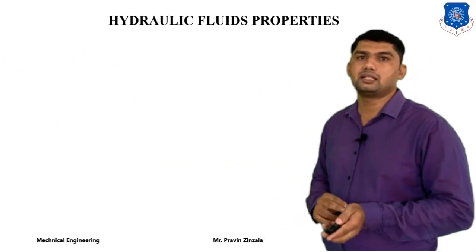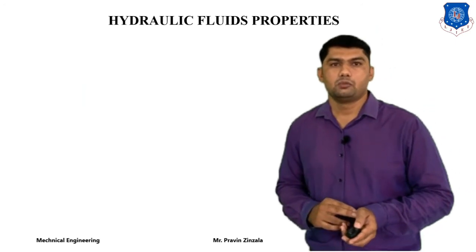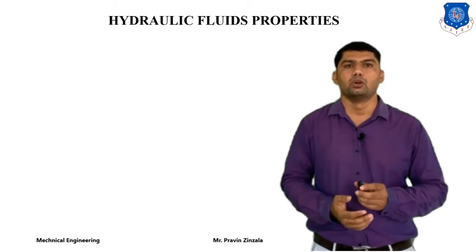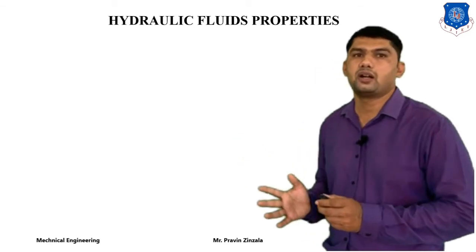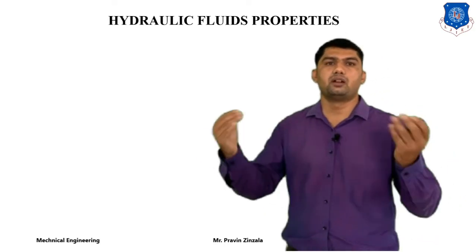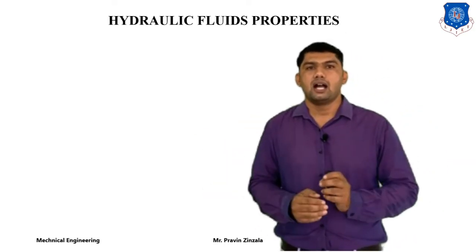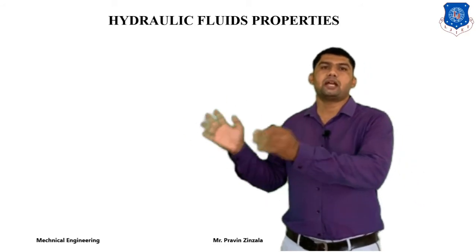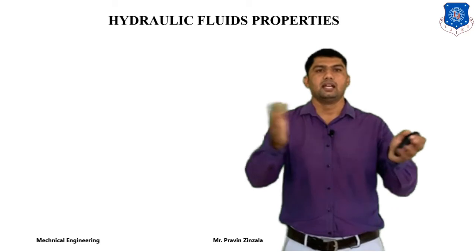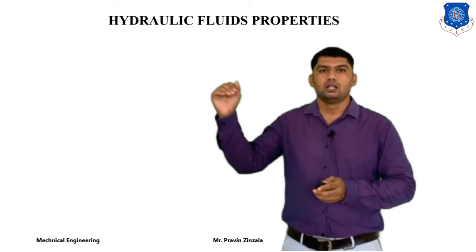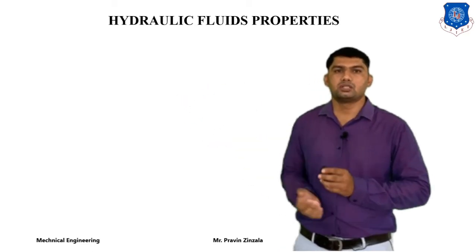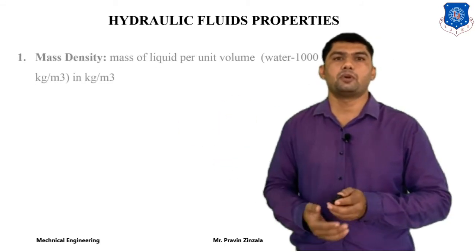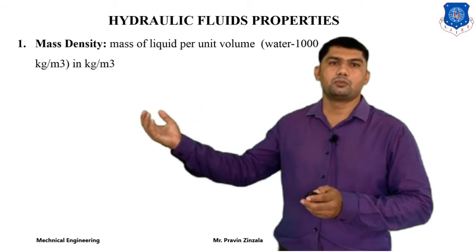Now we will discuss the hydraulic fluid properties, because in a hydraulic system oil is used as the hydraulic fluid, and we require different properties for different operations and applications. If we are using a hydraulic system in India or in a foreign country, we have to select different types of hydraulic fluid for different purposes and requirements. So in this session we will discuss the different properties of hydraulic fluid, what the requirements are, and which type of property will be selected for hydraulic fluid selection.